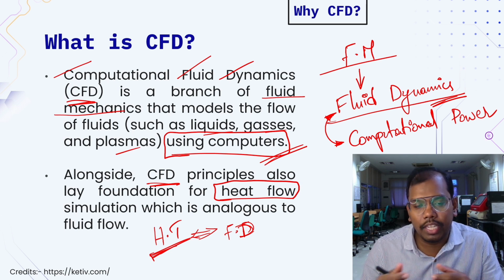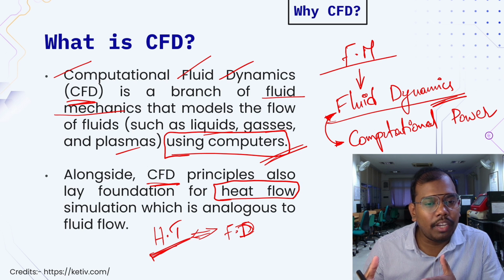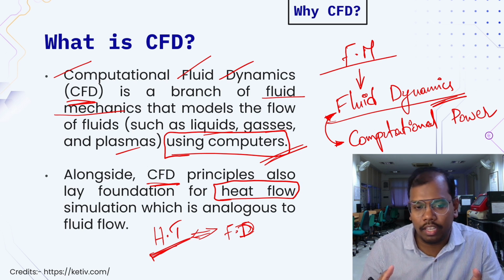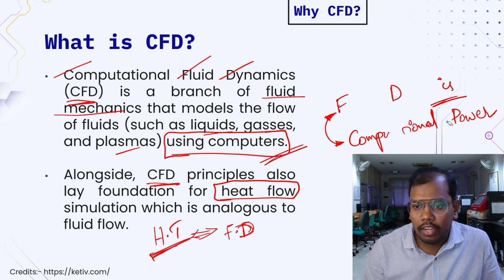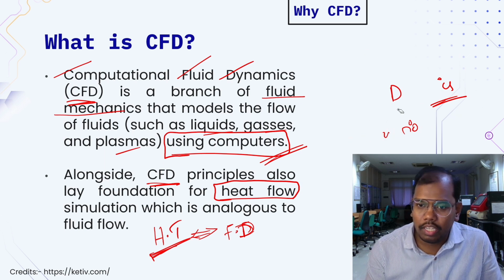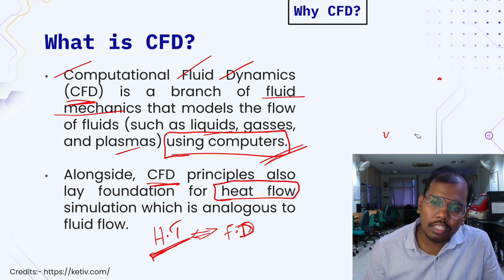Let's say if you take fluid dynamics, you will have something called a boundary layer there, right? That you call the velocity boundary layer. Similarly, in heat transfer, you will have a thermal boundary layer forming. So such analogous terms are there, and such analogous behavior is also there. To let you know what is analogous behavior of fluid mechanics and heat transfer, let me give you an example. What is the driving force for the